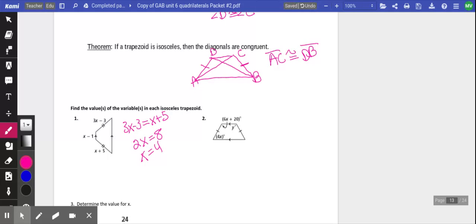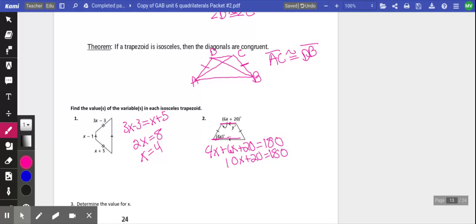For number 2, again it's labeled an isosceles trapezoid. So that means my base angles are congruent. So that means 6x plus 20 is equal to y. However, it is also still true because these two lines are parallel, that 4x and 6x plus 20 are supplementary because they are same side interior angles of parallel lines. So I can use that to solve for x